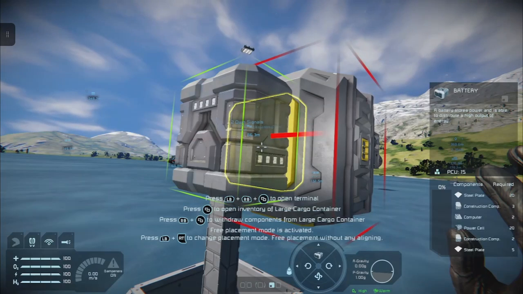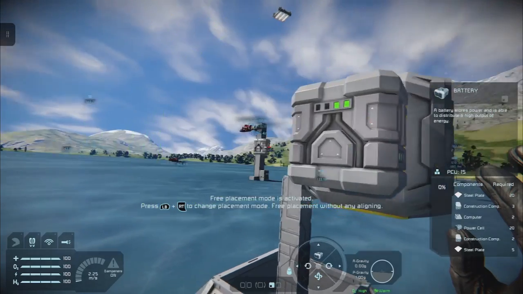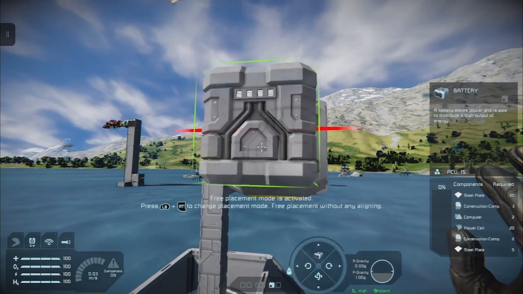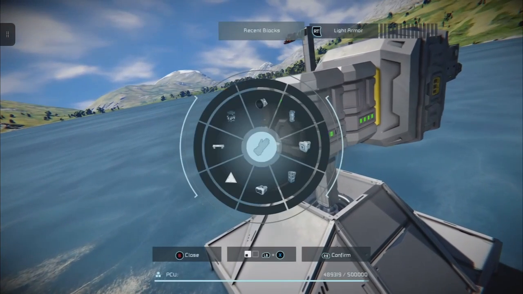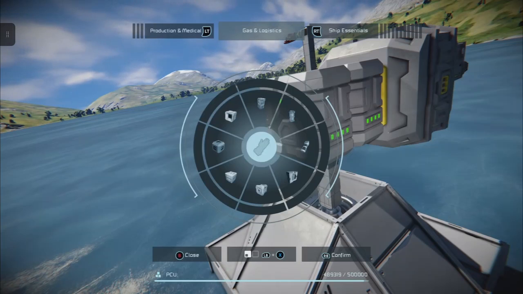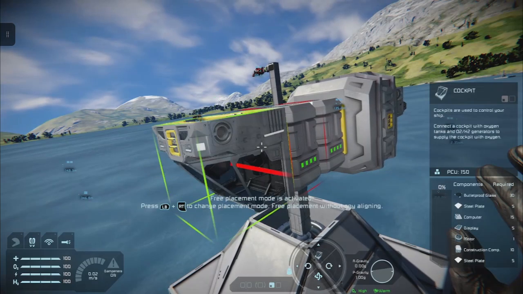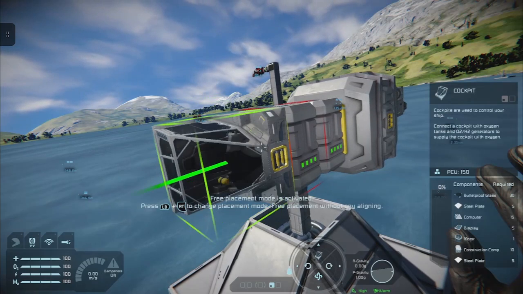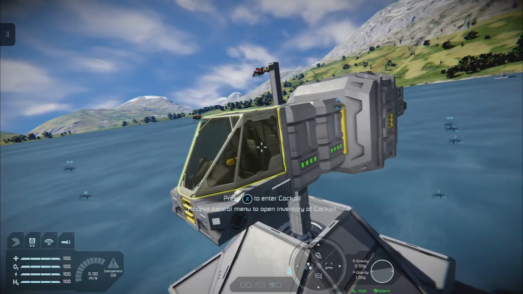So now we could put a couple of batteries on like this, and then finish it off with, I think, just the cockpit, like so.